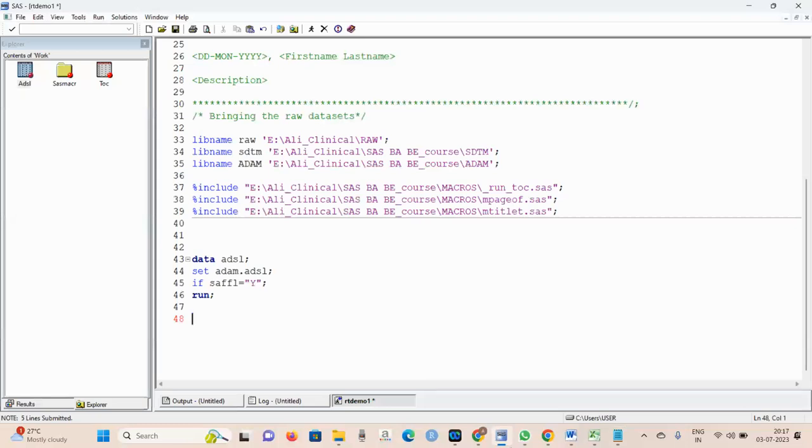So for that reason, what we have to do, we have to replicate. In order to create a crossover study, we need to replicate the data double. Okay, let's look. So I do like this: data demo underscore one; set ADSL. I'm keeping all this ADSL output, which means I would have